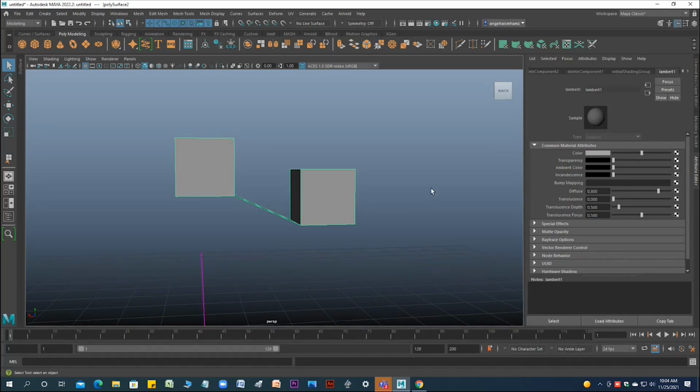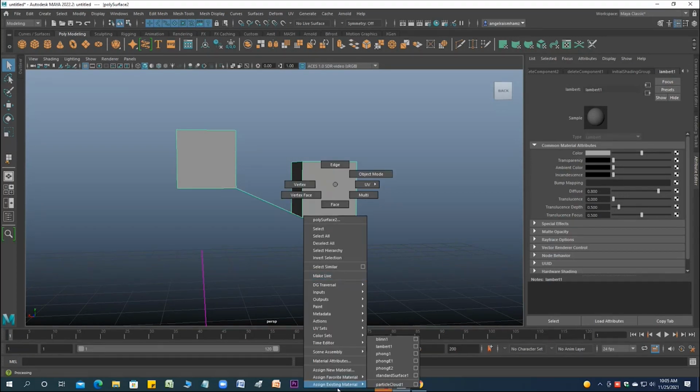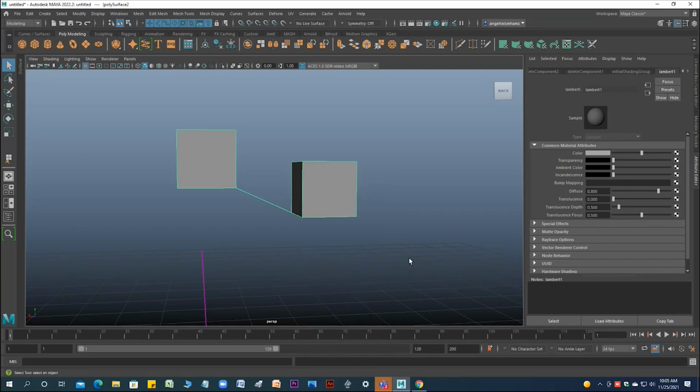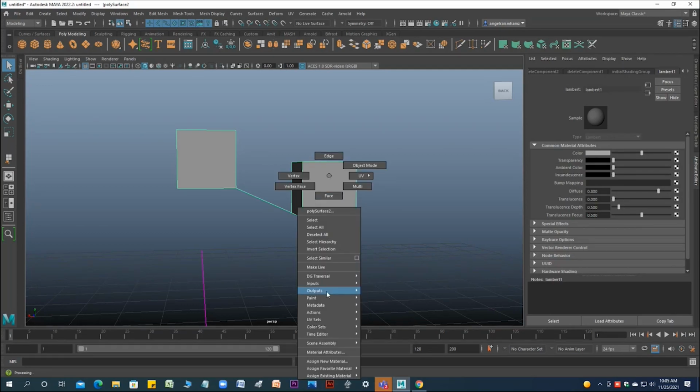You are not supposed to change it. Many times, if it is removed accidentally, take care. Sometimes you face this problem: the object automatically becomes radiant green, and you can't find what the issue is. That means the material is detached from it. So simply go back and assign the given Lambert material. We have to assign a new material.